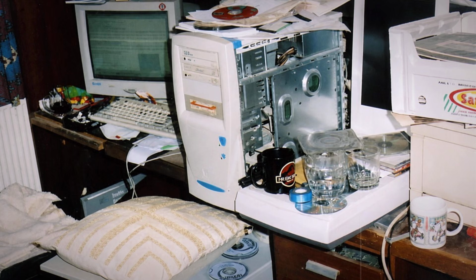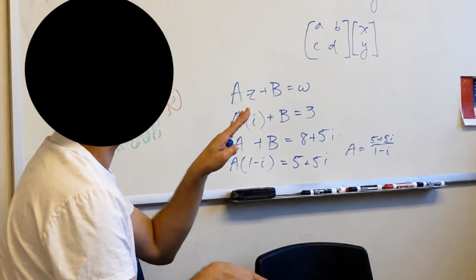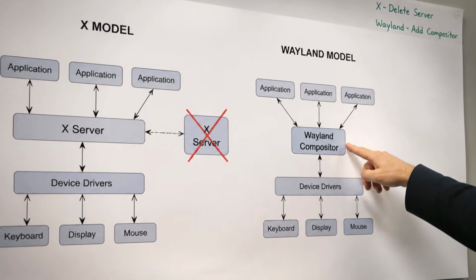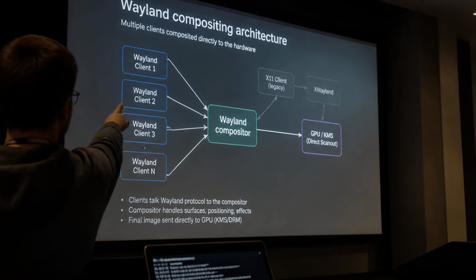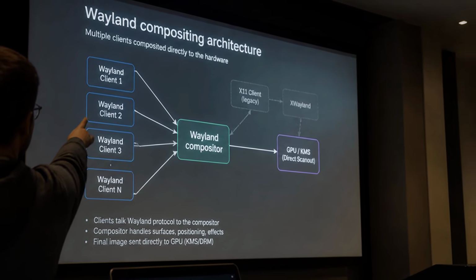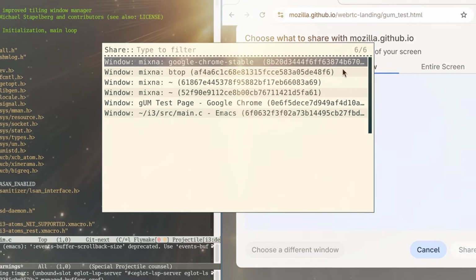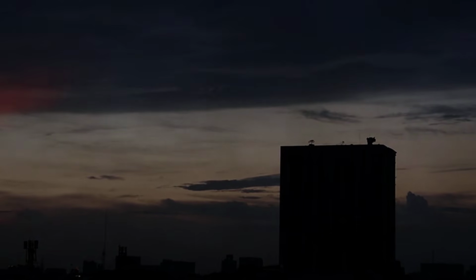You cannot patch your way out of a flaw like that, because it doesn't live in the code. It lives in the model, which is exactly what Xorg developer Kristian Høgsberg concluded in 2008 when he announced a replacement called Wayland. Wayland deletes the separate server entirely. The compositor talks straight to your applications and your hardware, and no program can spy on another. The fix existed. So why did it take almost 20 years to take hold?